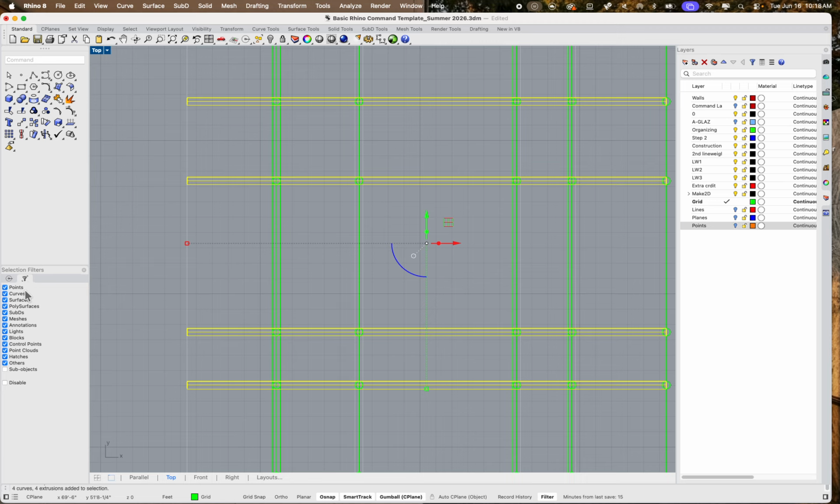I'm pretty sure it's at the bottom, but look for something that looks like a little funnel, and that is your filter tool. However, on the Mac, it is right next to your OSnap options. So, you found it? Same exact place. Awesome, fantastic. Good to know. In our case, this allows what can be selected. So for instance, if I only want poly surfaces, I could uncheck basically everything but poly surfaces, which is